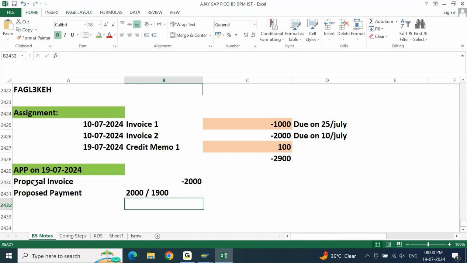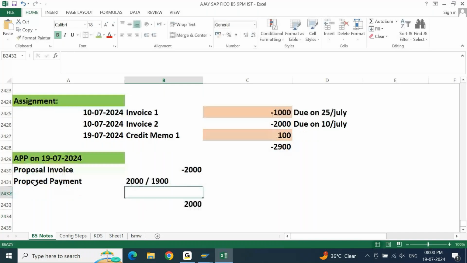Both are possible. You can make both possible, but what is the right approach? Which one is correct? 2000 is correct. 1900 is wrong